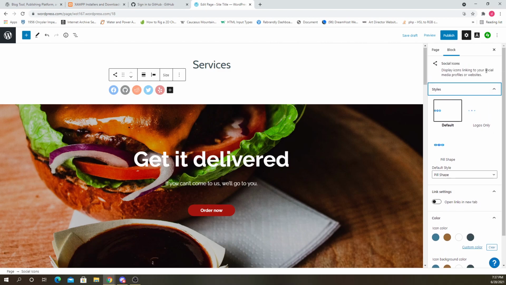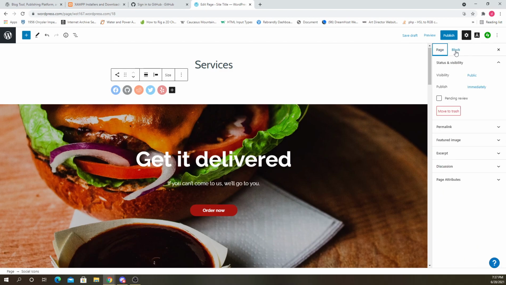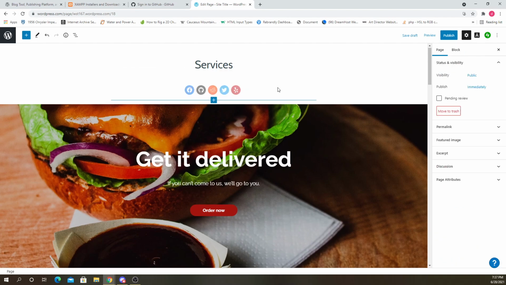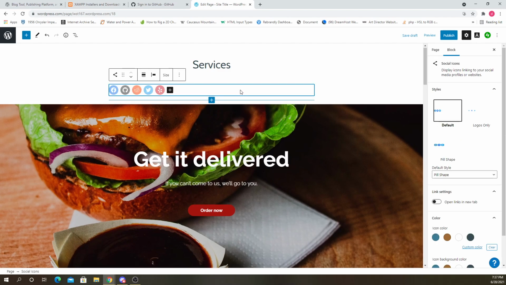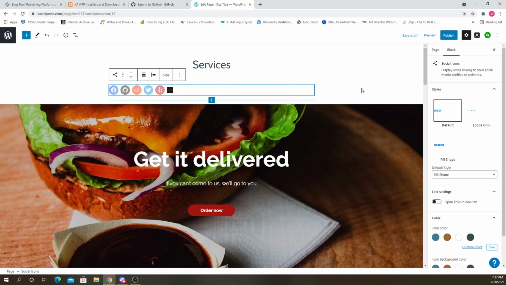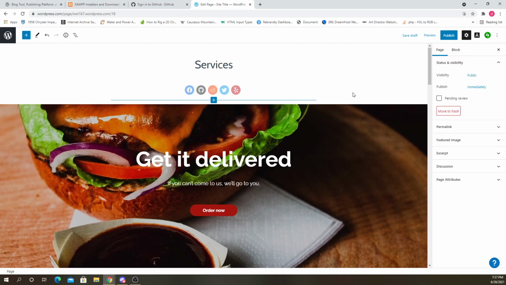Okay, so it doesn't let you customize everything. In this case, I can't even center these. Maybe I can. Oh, there it is. How did that happen? I guess once you click out of it, it's centered by default, so you don't really have to worry about that.